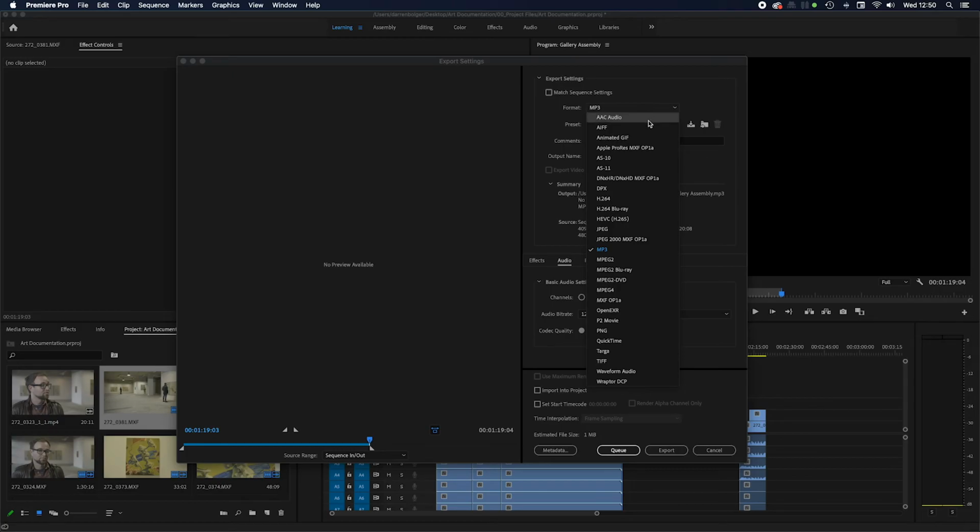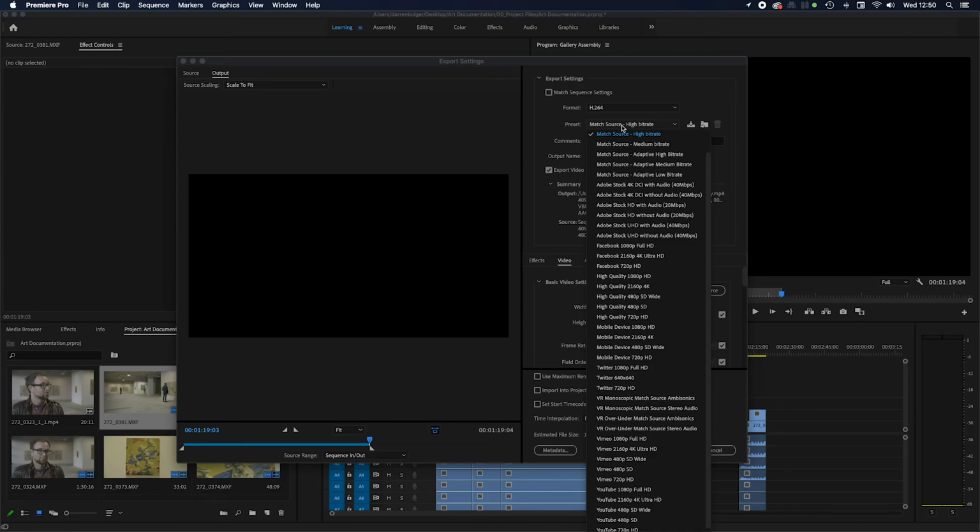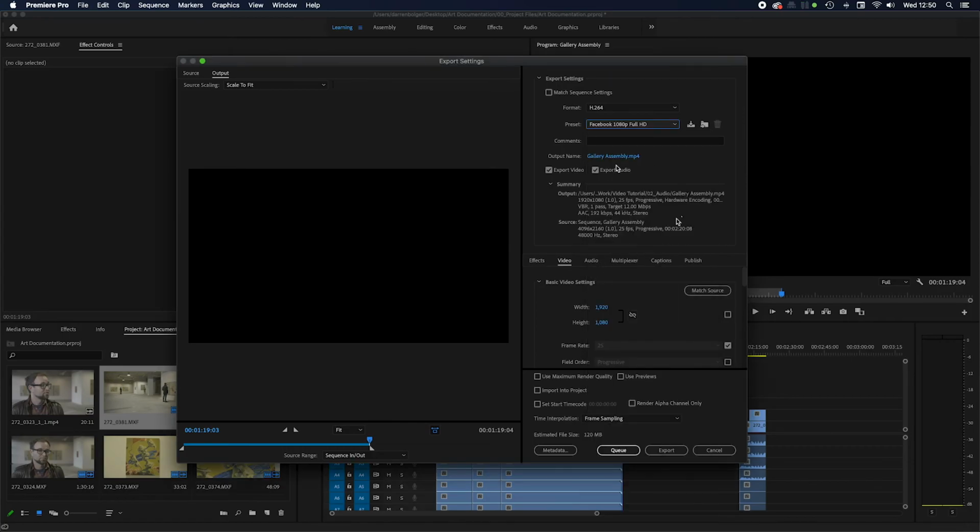Then we go up to the format, pick a format. A good bet is H.264 for video, then a preset. You'll see a range of presets for social media and higher definition video. So we'll pick Facebook 1080p full HD. Normally you would pick a preset that was the size of your video resolution, then give it an output name,